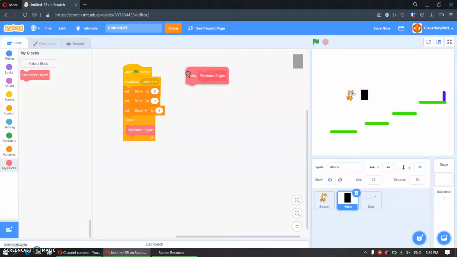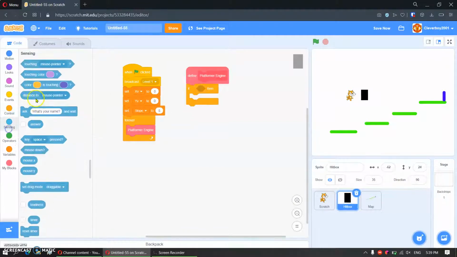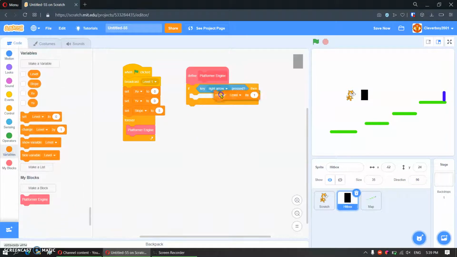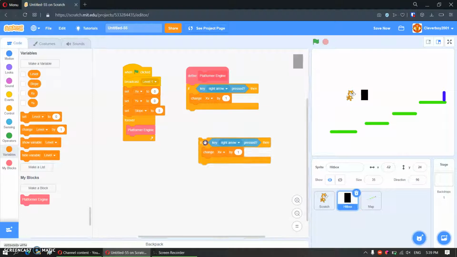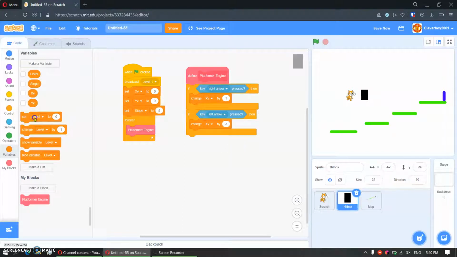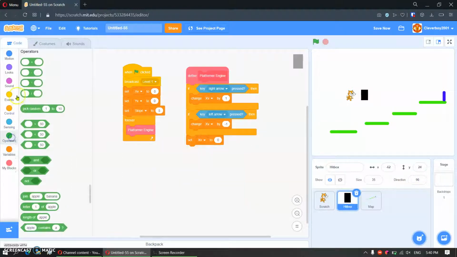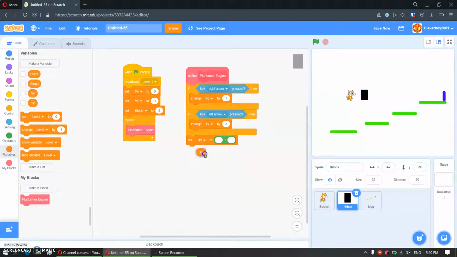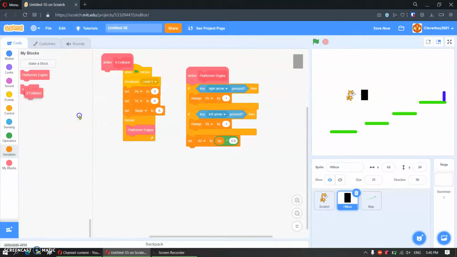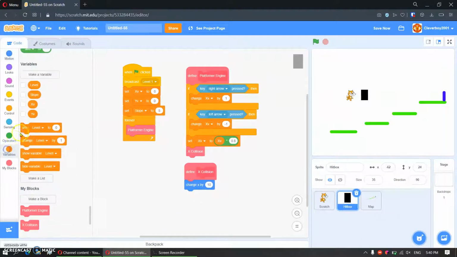From engine, find platform engine, if key right arrow pressed, change X by 1, duplicate that, if left arrow pressed, change X by -1, set XV to XV times 0.8, block, X collision, without screen refresh, X collision there, define X collision, change X by XV,